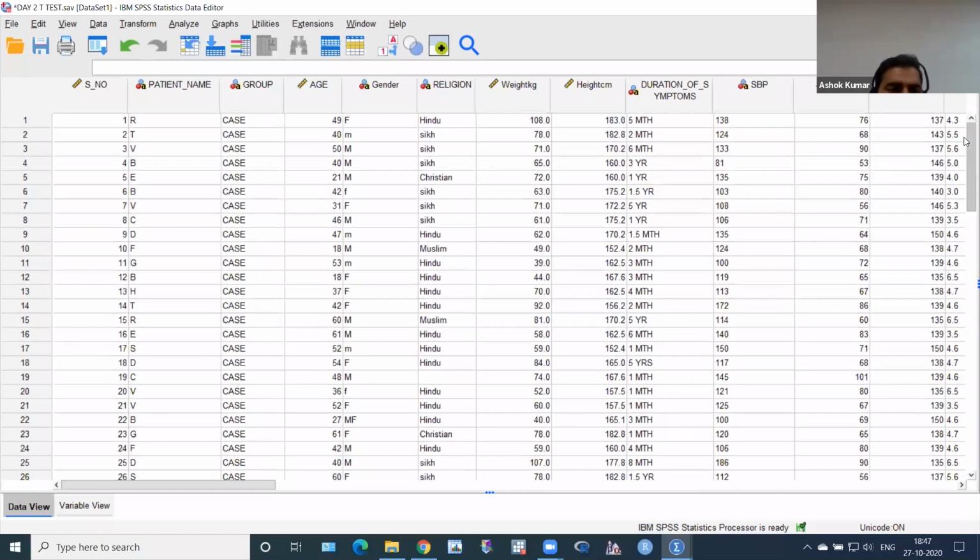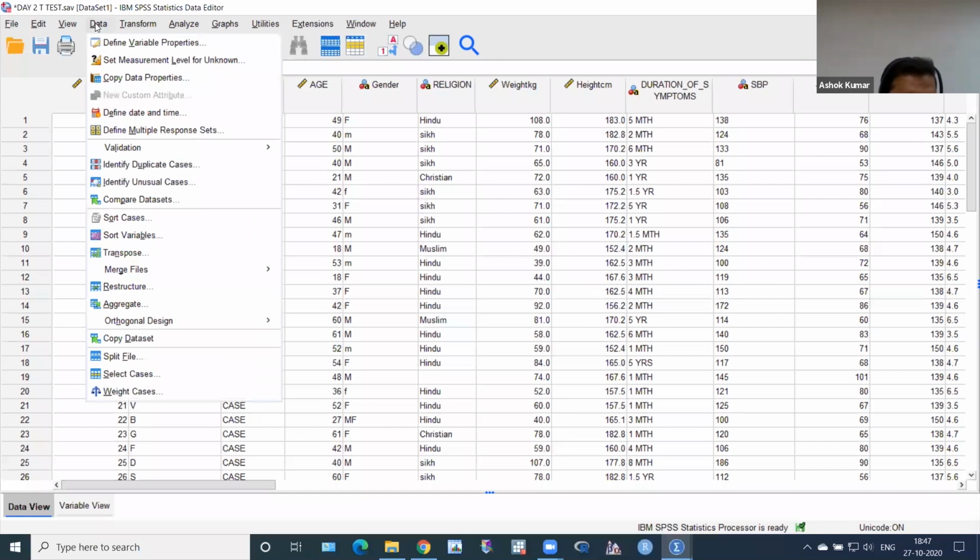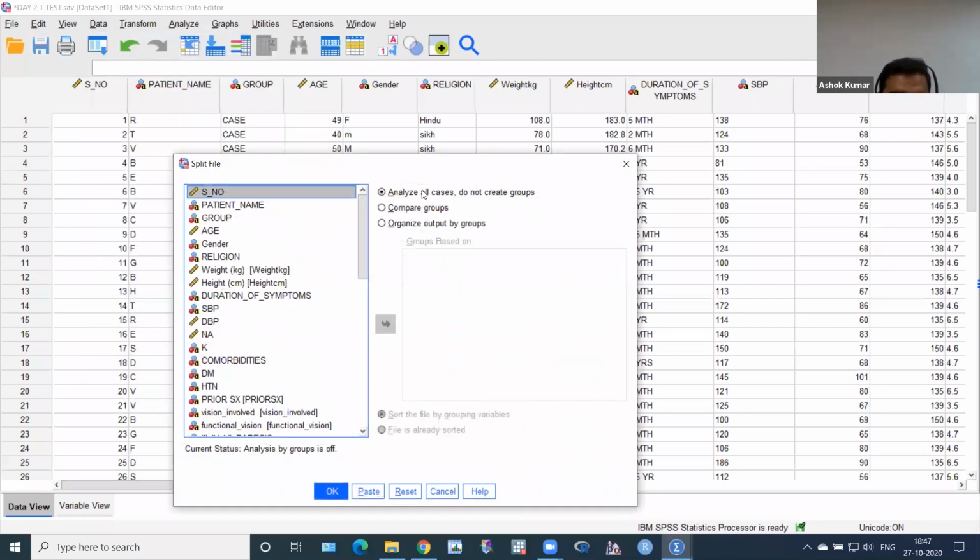So I have to split my file. I have to split my file, and then I have to apply the paired t-test. So I have to click here. There is split file, and then I have to click compare groups or organize output by groups. It's okay.